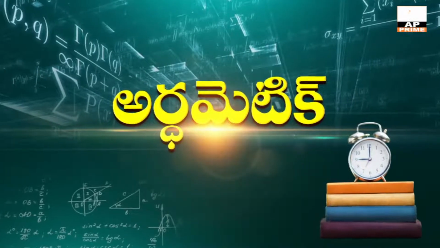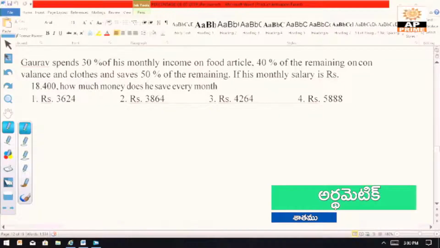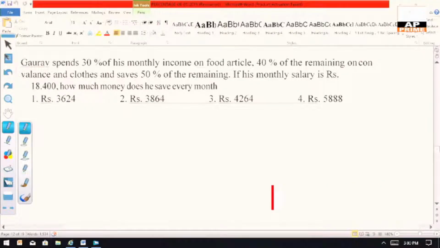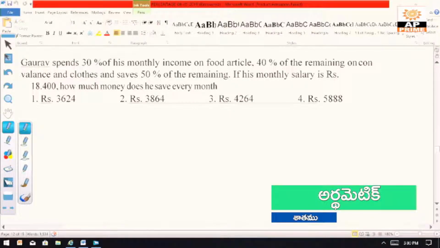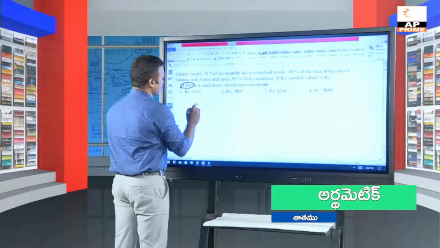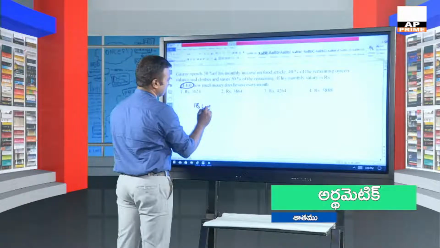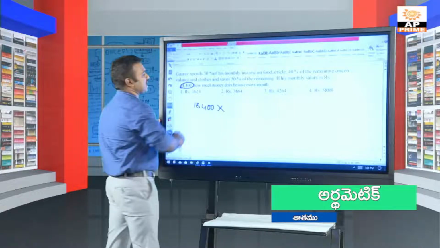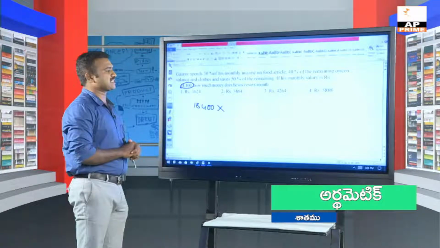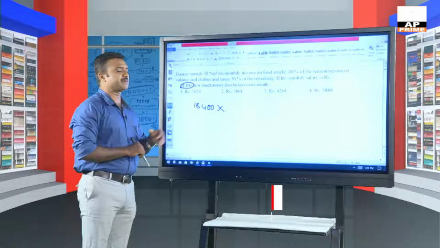7500. నెక్స్ట్ Gaurav spends 30% of his monthly income on food article and 40% of the remaining on balance, conveyance balance and clothes and saves 50% of the remaining. If his monthly salary is 18,400, how much money does he have save every month? వాడి salary ఎంత అంటే 18,400 అన్నాడు. అందులో 30% monthly income food article మీద చేస్తున్నానంటే మిగిలిపోయింది